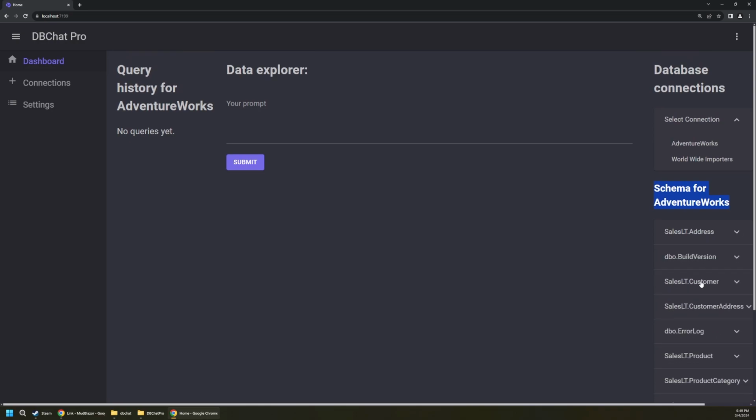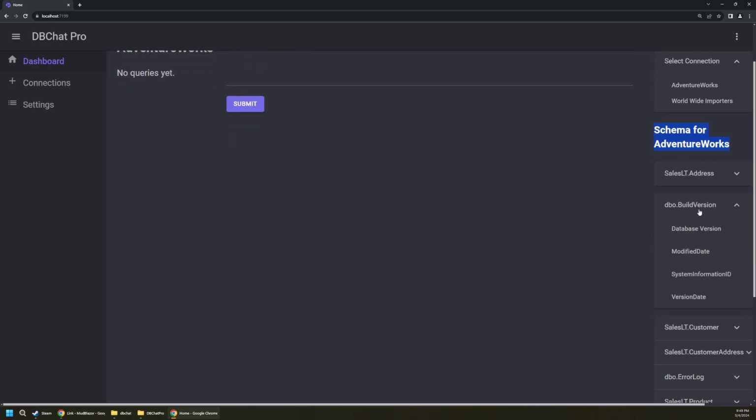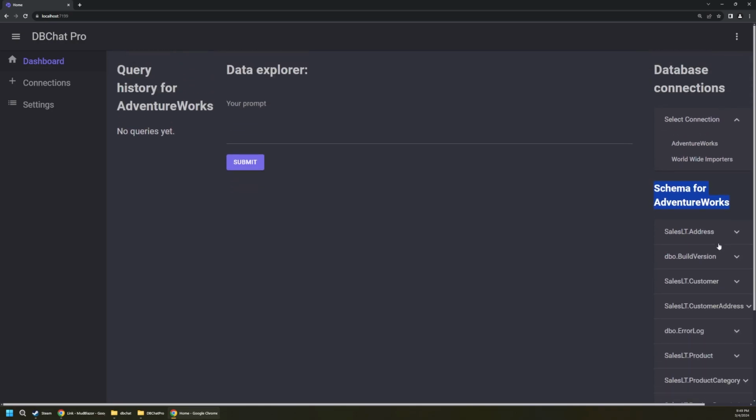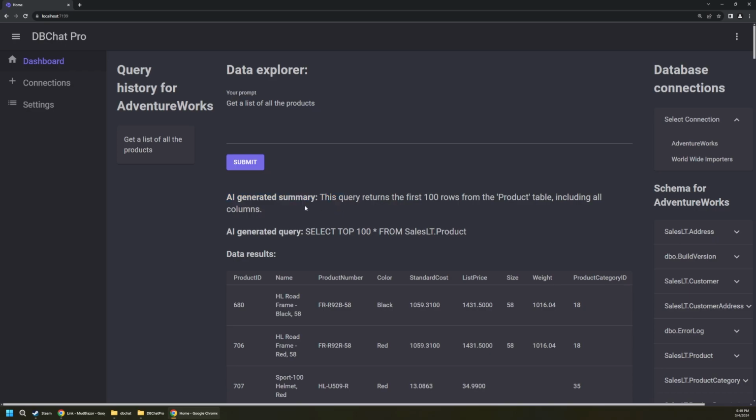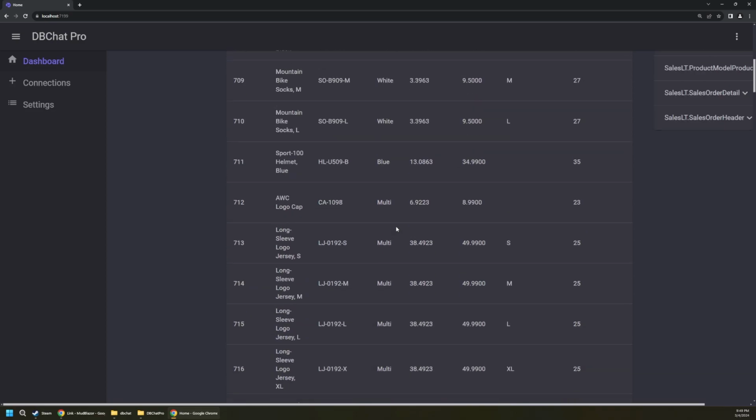So if you want to use this for reference and see what columns and types of data are available, that can be helpful when you're building out the different questions you want to ask. So for example, if I just say, get a list of all the products, and I'll hit submit, it's going to run async in the background. It says it's going out to the AI service to generate our query,